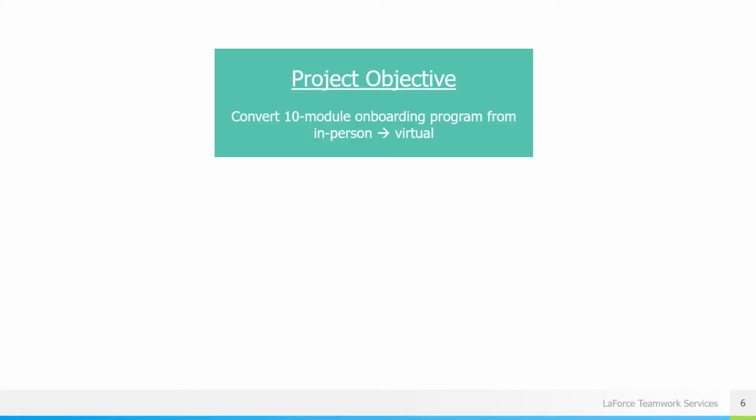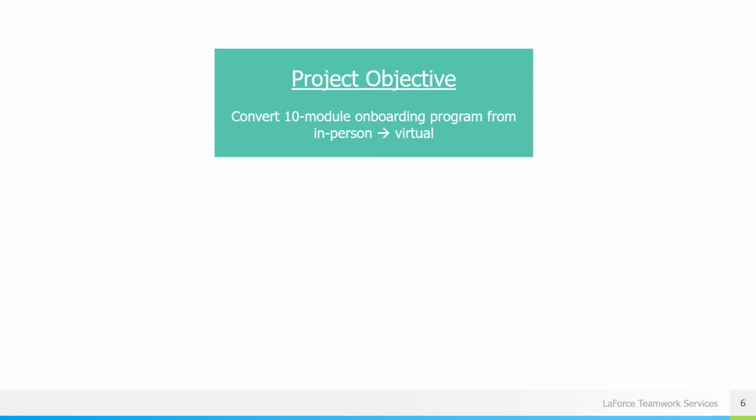Suppose your team has been assigned a project to convert the company's in-person onboarding program to something that can be delivered remotely. The program has 10 modules that cover a wide range of topics from company values to employee benefits and product overviews. Your high-level plan is to stick with the same modules but redesign each so that they are optimized for remote delivery. Now you see the project rolling out like this.